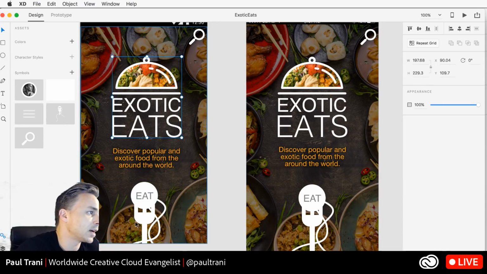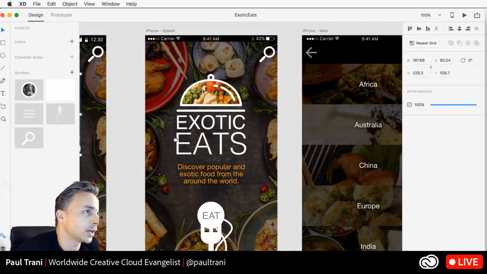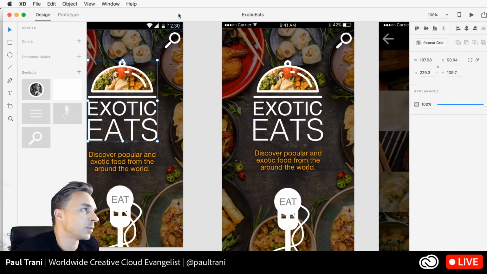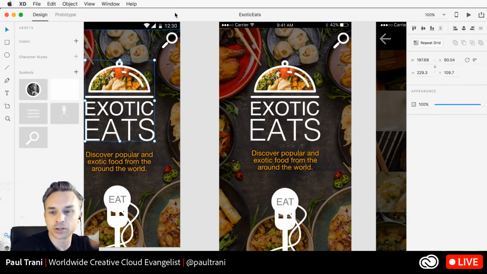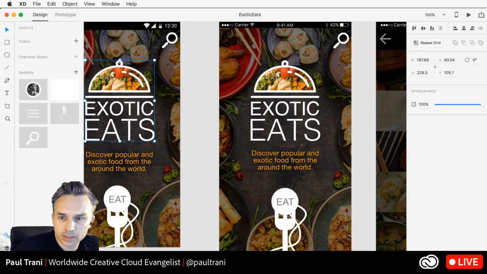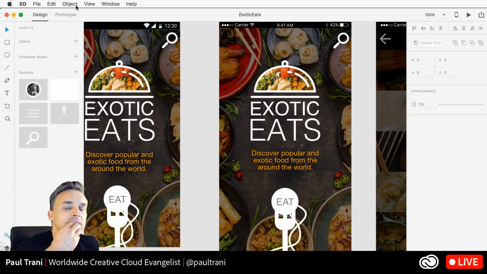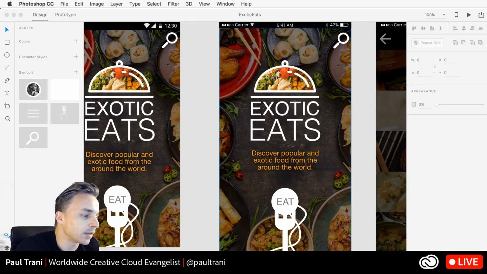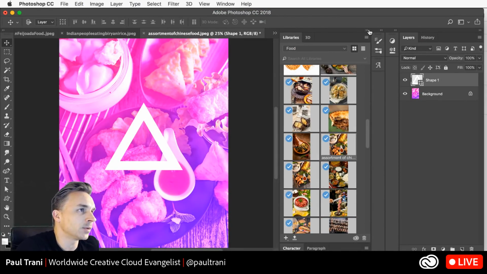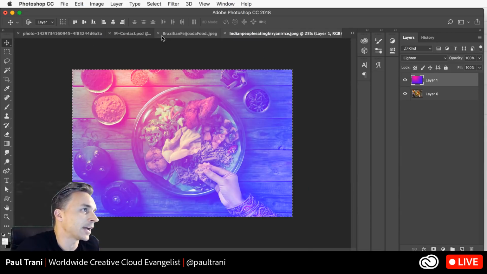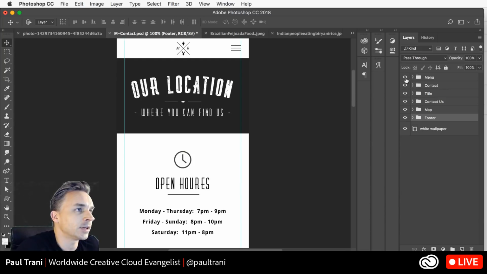Other assets I actually created in Adobe XD, and that's probably the one thing I didn't talk about, creating graphics in XD. But it's all about bringing content into XD. To answer your question, as I scroll up a little bit, Samurai, you're not going to be able to bring in assets or content from XD into Photoshop. It's more along the lines of exporting content from Photoshop and then bringing that into XD. And even another way of doing that, once you're dealing with assets, you can use your libraries panel. You can export out content using, say, for instance,